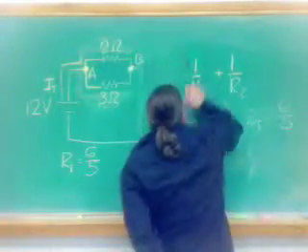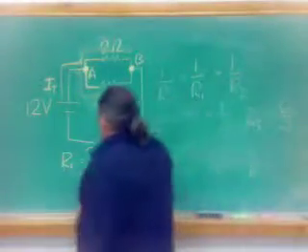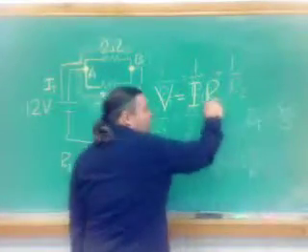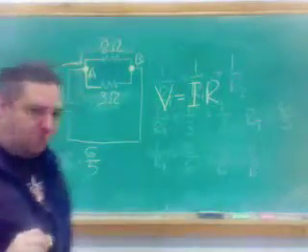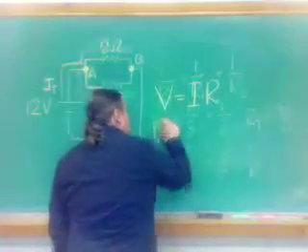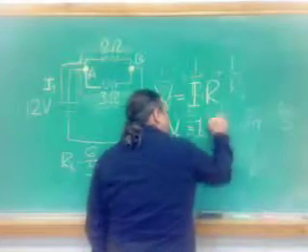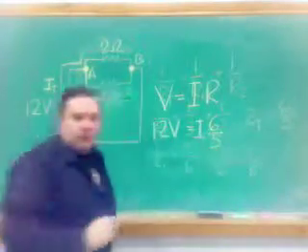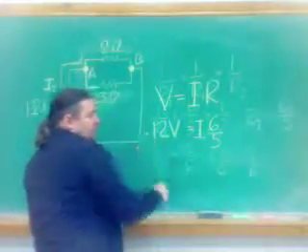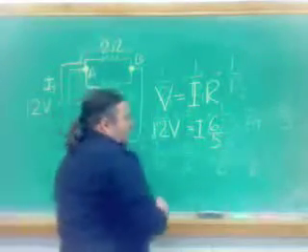From there, I can calculate the total current by using Ohm's law. Okay? So Ohm's law says V is equal to IR. Well, I already know what V is. I already know what R is. So I have 12 volts is equal to I times 6/5. Okay? Move this over to the other side by multiplying it by 5 over 6. And I'm left with